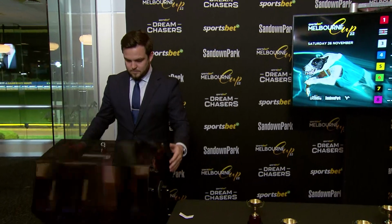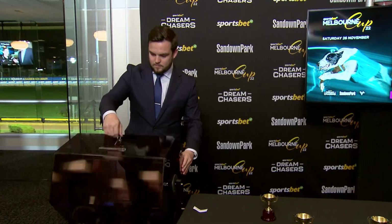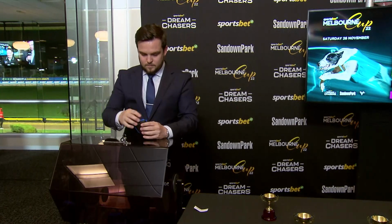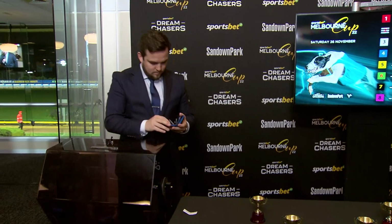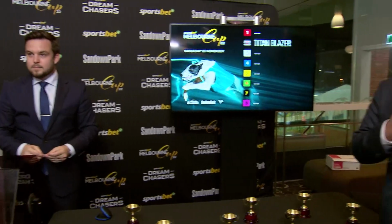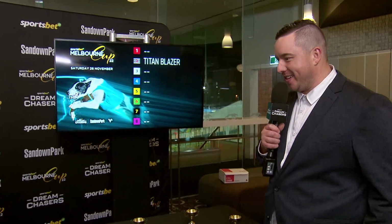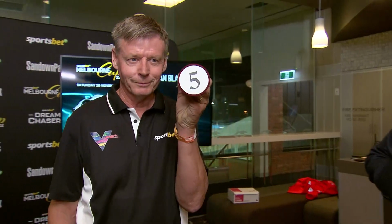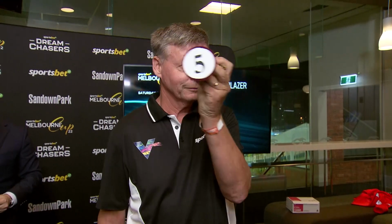As I said, the $1 million Sportsbet Melbourne Cup, 515 metres. It's the pinnacle of greyhound racing. It's the pinnacle of, I think, sport in general. We've got our second name, Fernando Mick. This one here holding the key to the race, I feel. And Jeffrey Gill on behalf of Team Gill, and he's come up with...